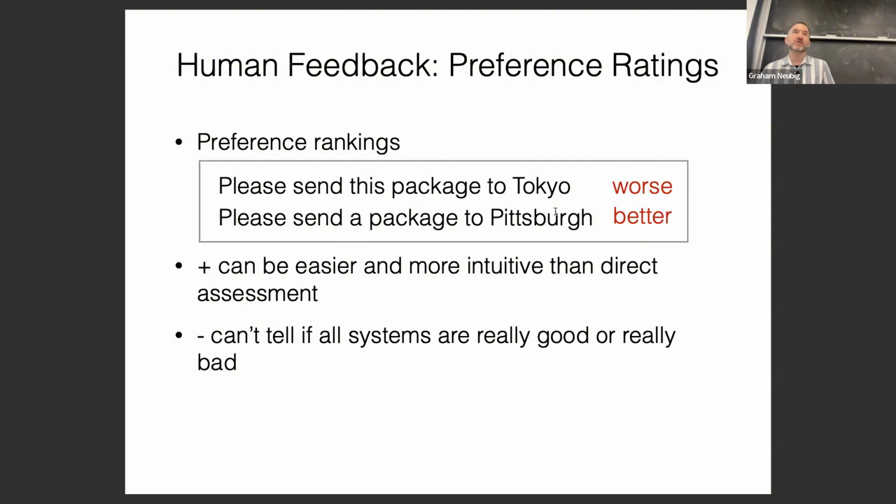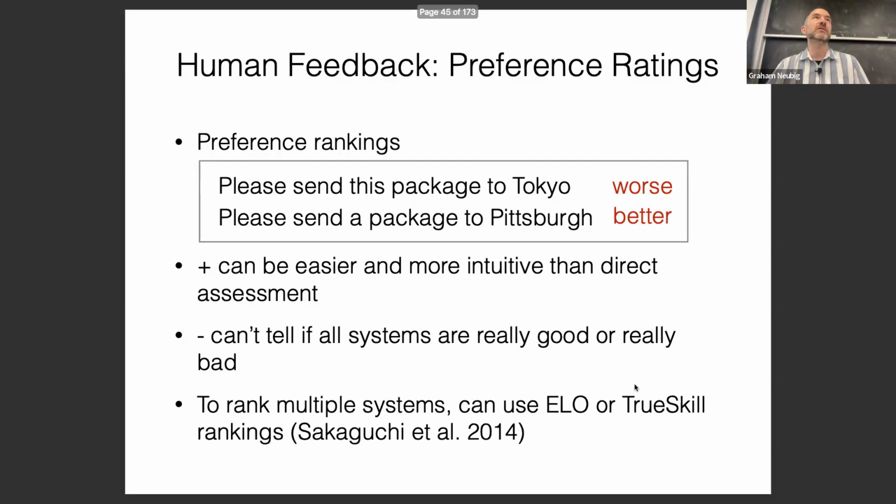One difficulty with this is it's hard to tell if the systems are really good or really bad. So let's say you did pairwise rankings for translation from English into Spanish, and then you also had pairwise rankings for translation from English into Burmese. And the Burmese systems would be way worse just because there's not a lot of training data. It's a harder translation pair and things like that. But nonetheless, you wouldn't be able to tell because you would just be saying which system is better. And you wouldn't easily know whether it's a system that you could ship or not.